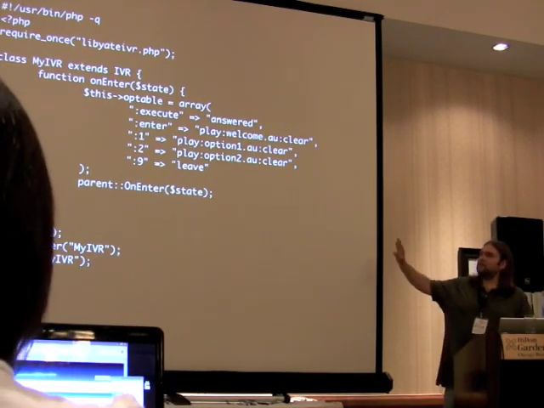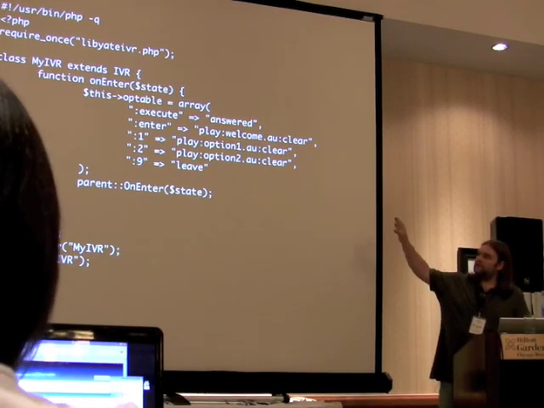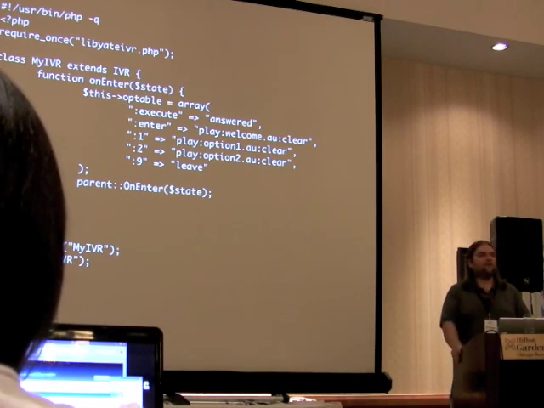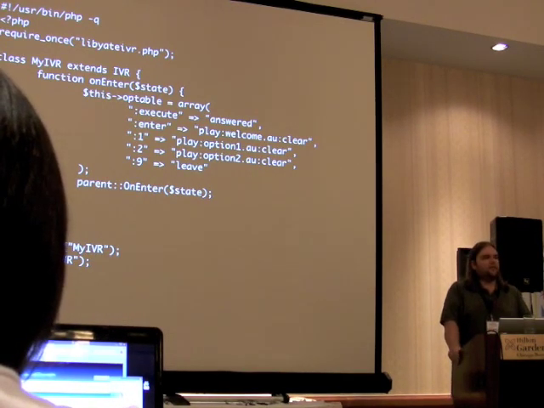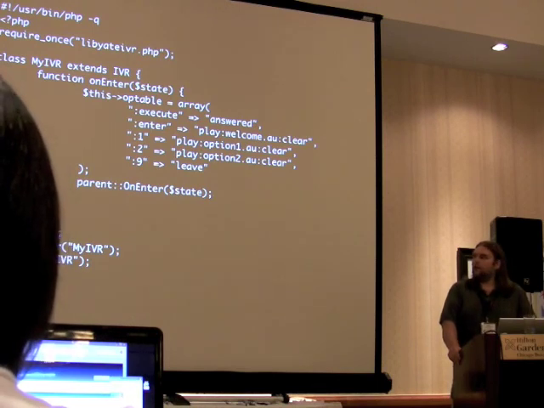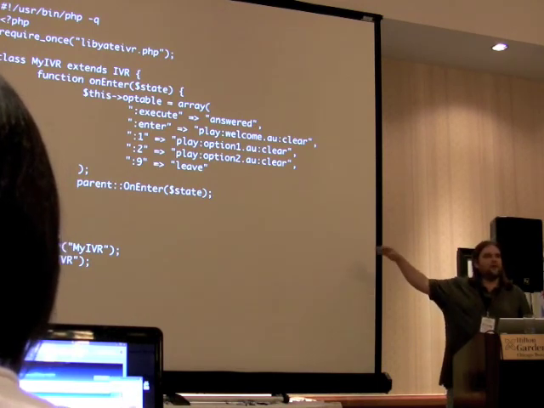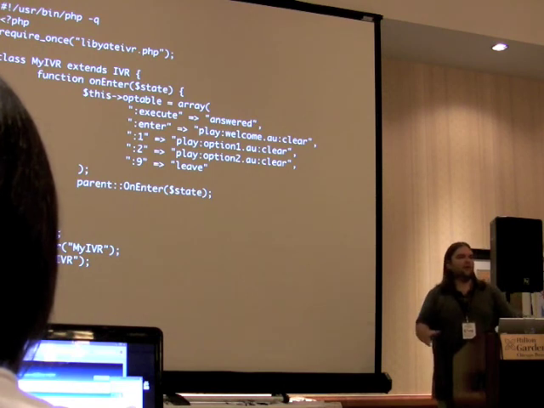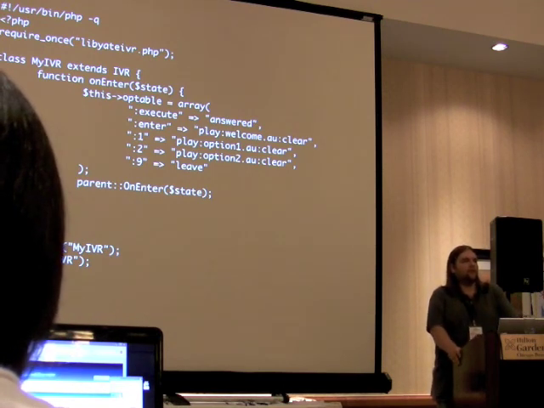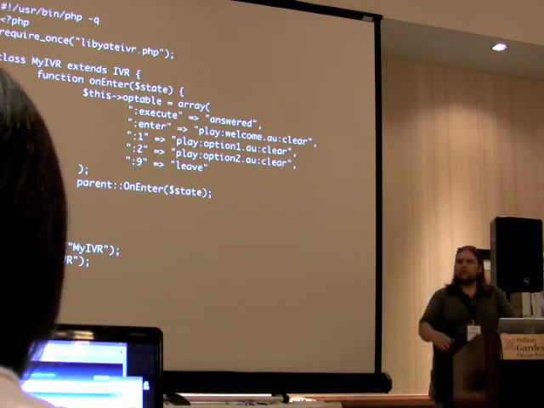So this is a very basic example. They have this ready state engine for IVRs, and it's a very powerful way of doing it. Obviously, for just a very small IVR, it would be easier doing it in the dial plan of Asterisk. But once you get to more layers or interacting with